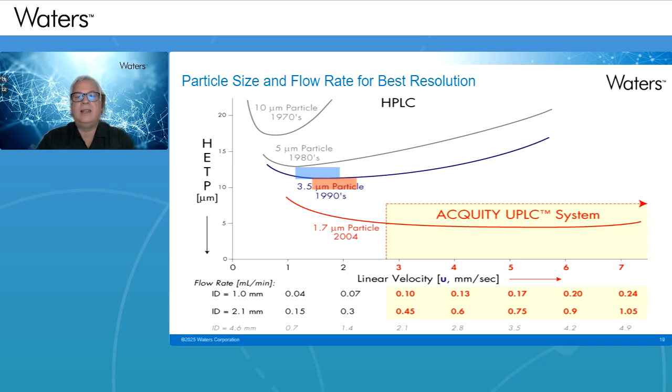The ideal case, and now I will switch to a 2.1 millimeter ID, will be in that range, 0.6, but you have space to go to 0.7, 0.9 on small molecules. If you have larger molecules like peptides or proteins, you will need to slow down, but this is just to give you an example. This is with small molecules, but it will be valid for peptides as well. It will be a different curve, but the same principle. So the information to retain here is, as we go with smaller particles, we need to increase the flow rate.